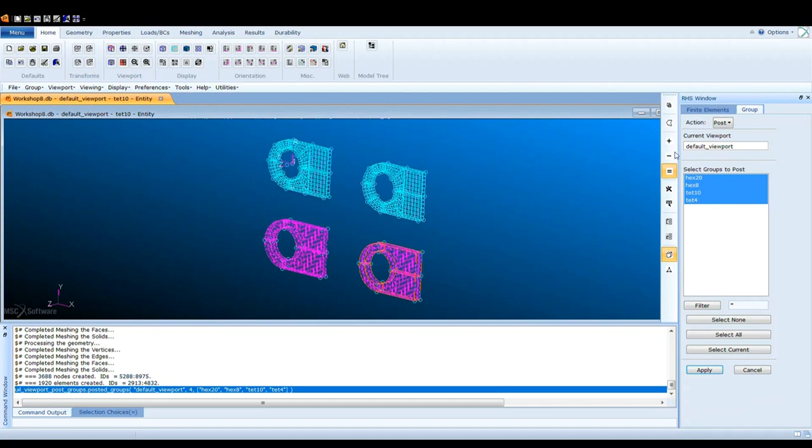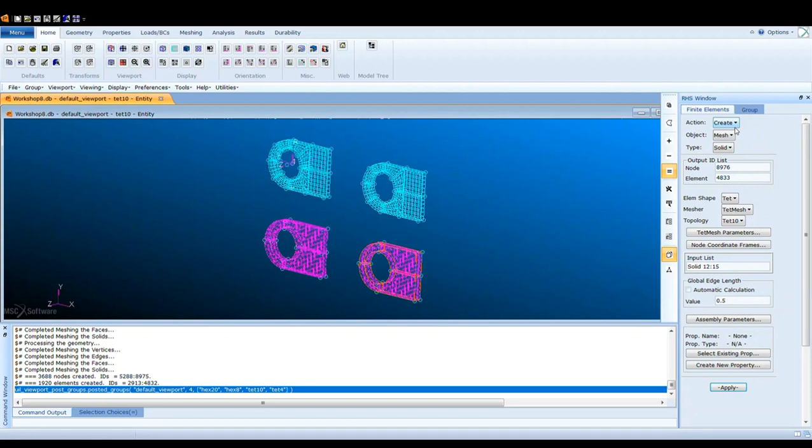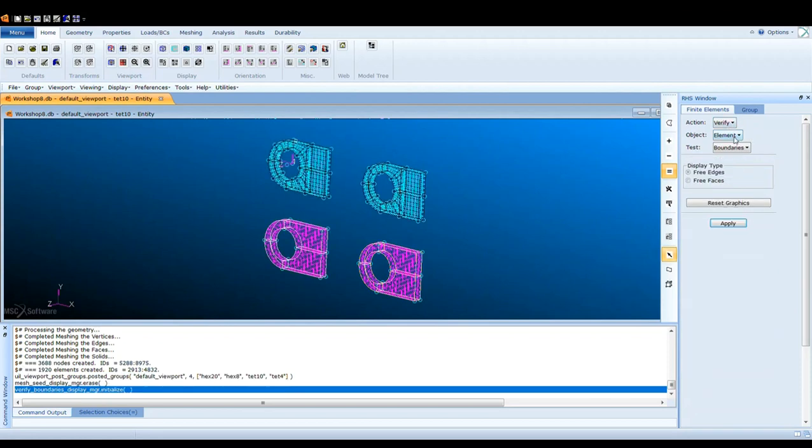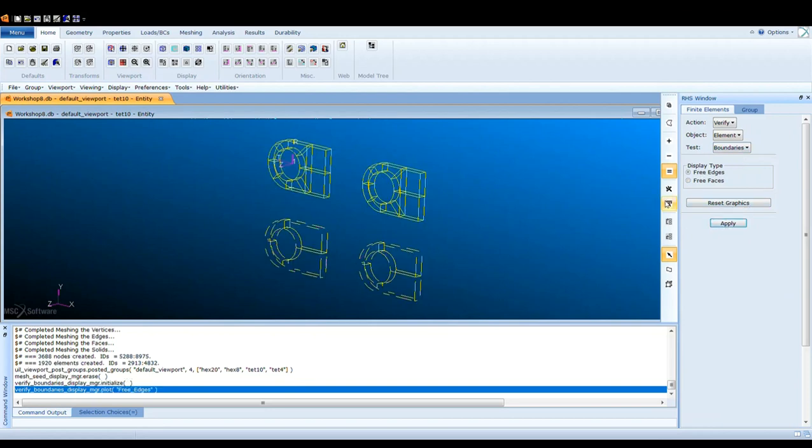Okay, and we're going to go to finite elements. We're going to verify elements, boundaries, and on free edges, we're going to apply. And it should change it like this. Now we're gonna